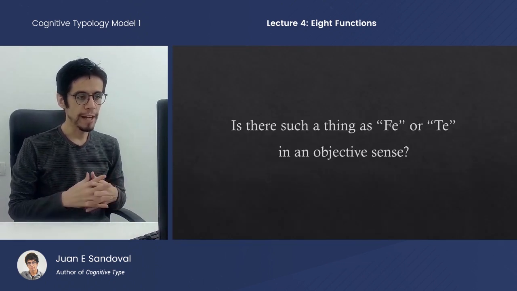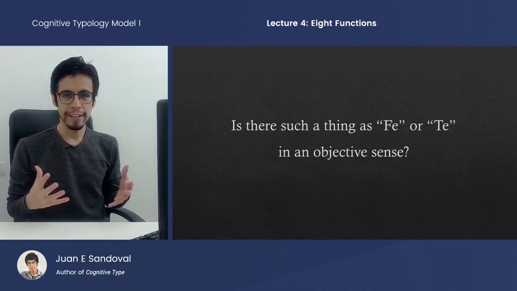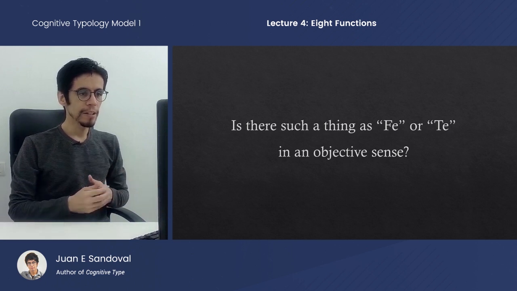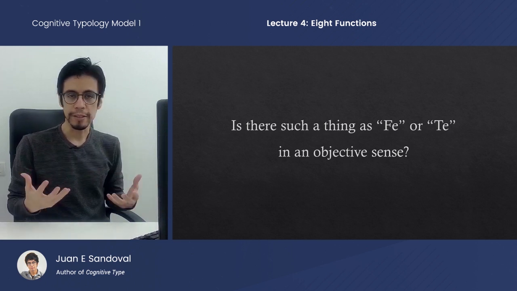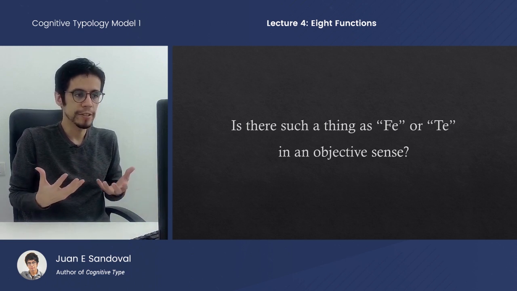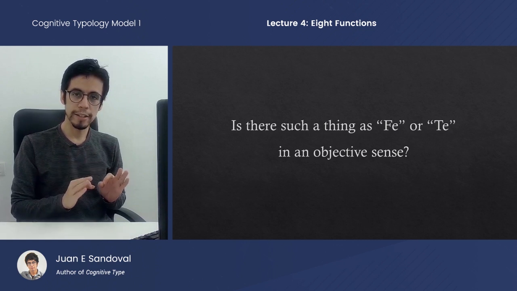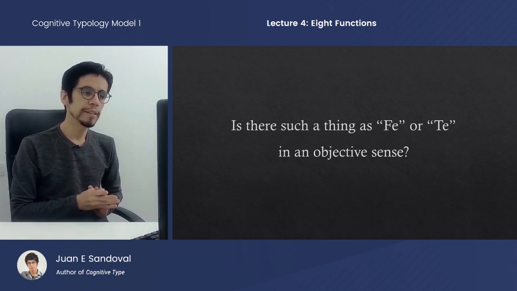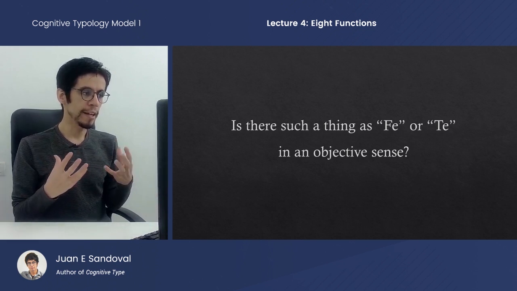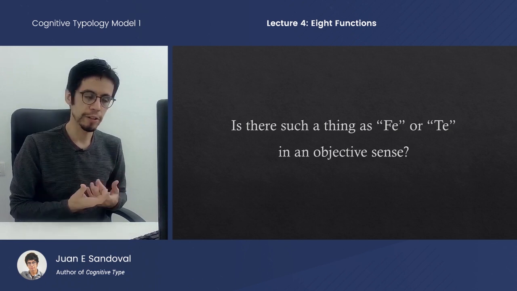So we really have to ask a very rudimentary question, which is, is there even such a thing as FE or TE or NI and so forth? What would it even mean for them to exist? Like in a physical context, can we locate these functions in some objective sense, right? Now, the reason we're tackling this question last is because with the 8 functions, there are many other things that have to be true objectively before you can even ask about their specific reality.